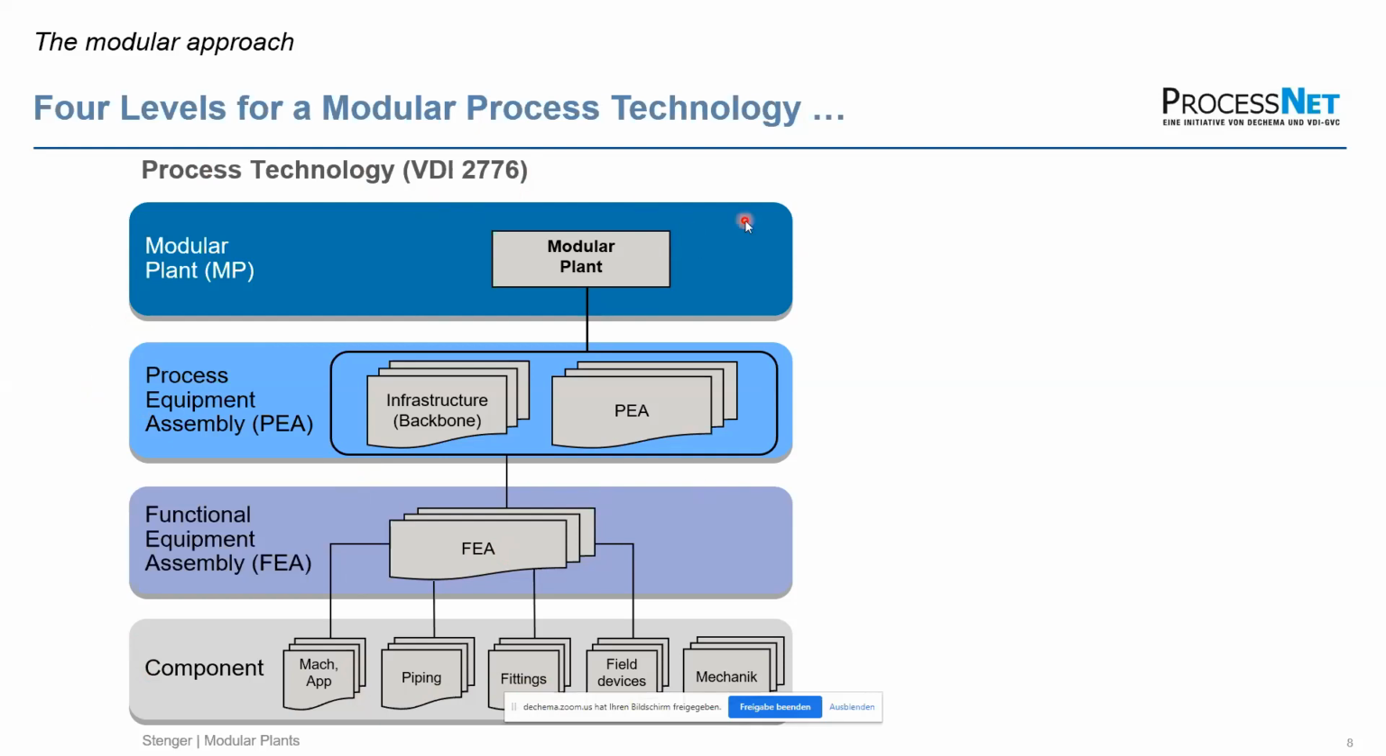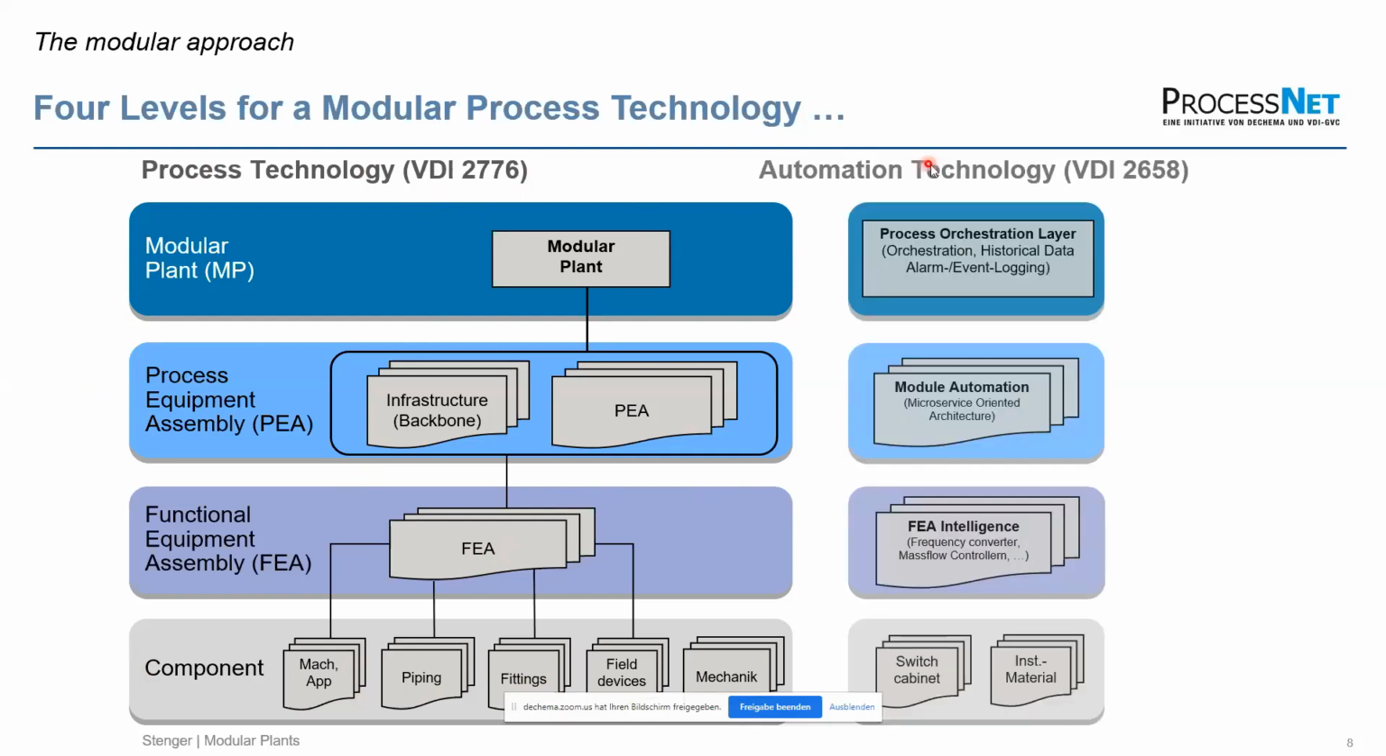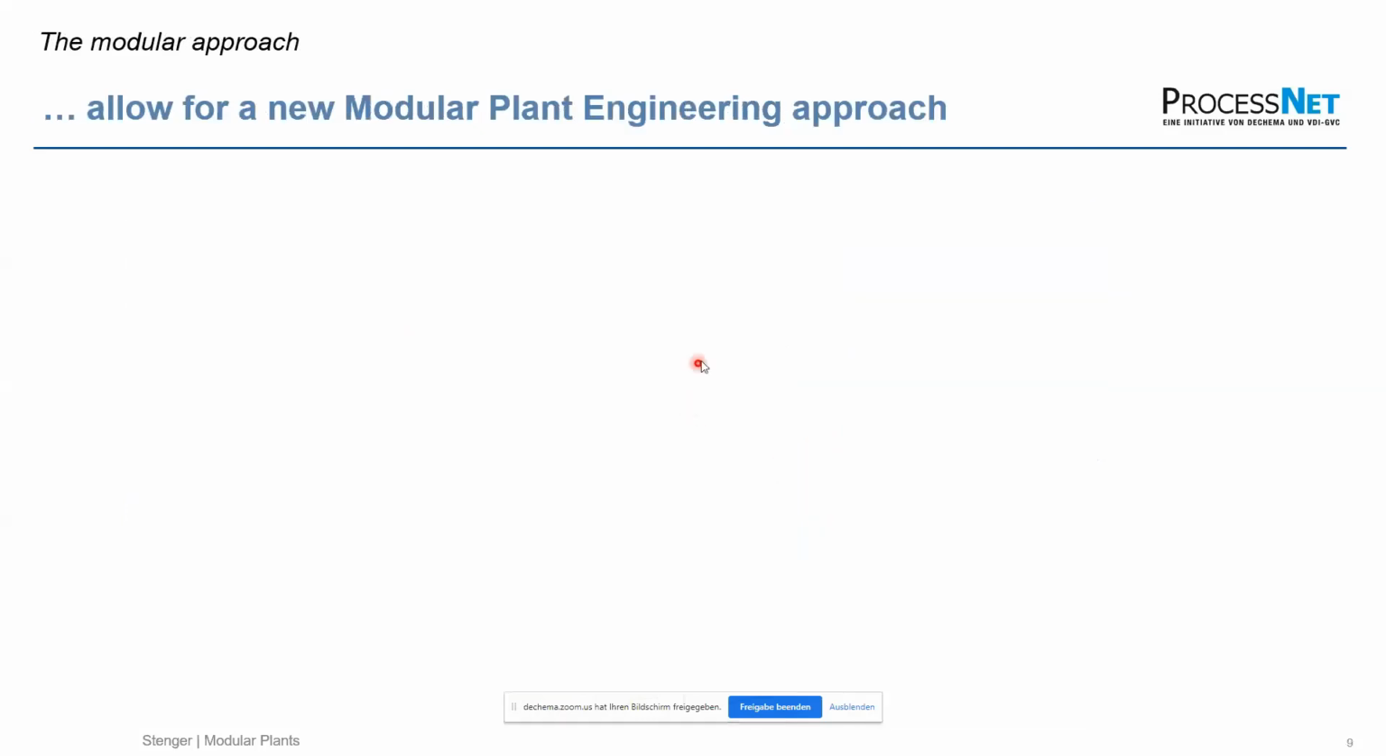And of course, there's automation technology on the different levels as well. And central is that all these PEAs have their own intelligence, they have their own module automation control PLC system, and they are intelligent on their own. With having these layers, it was possible really to set up a new modular plant engineering approach that starts